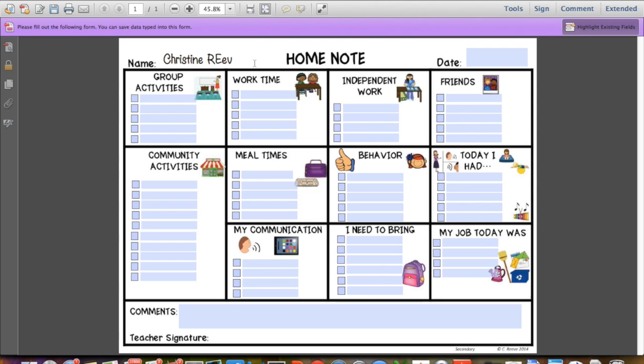So let's say I'm making a home note for myself. And the date is 10/15. And what you'll see with this is if this is too big for you, if you hit the space bar, you can make it smaller. I've made it so that the fields actually change the size of the font to fit the field so that you don't run into problems with that. So let's say for group activities, I want to put